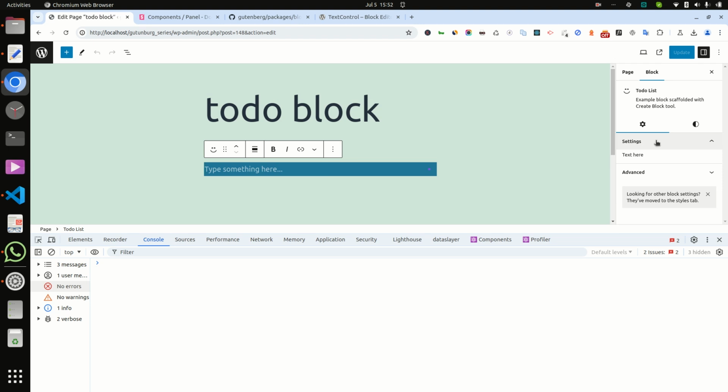Yes, now it is coming fine. It is showing settings, etc. here and the text here. So I think it is working fine.